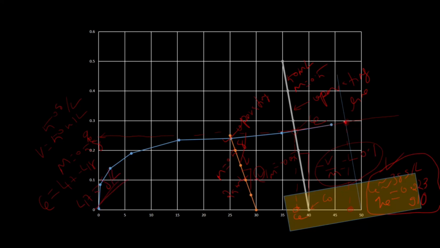And then the corresponding amount adsorbed, you can draw a line here. It will be roughly around 0.29 grams per gram, or you can use the formula C0 minus CE multiplied by V by M. We know C0 is 50 minus CE, which we just interpreted from the graph, 47.5, multiplied by volume, which is 0.0